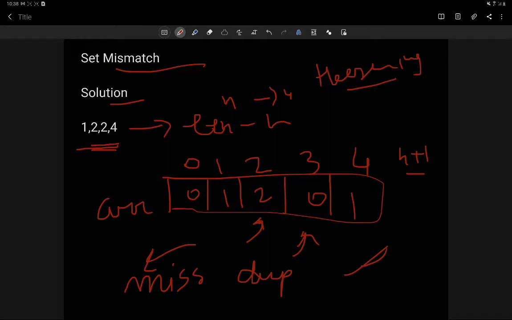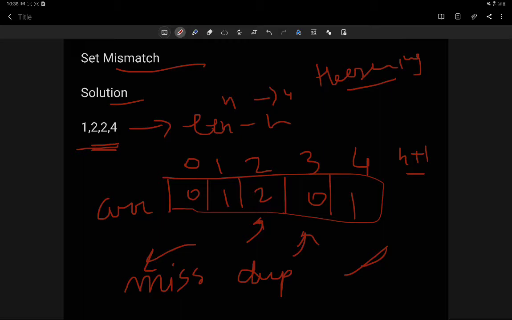As we see here, we have four numbers, so to keep track of the last number as well, we have taken a hash array of length n plus 1, in which we will store the count. As it starts from 0, we won't touch the 0th position.